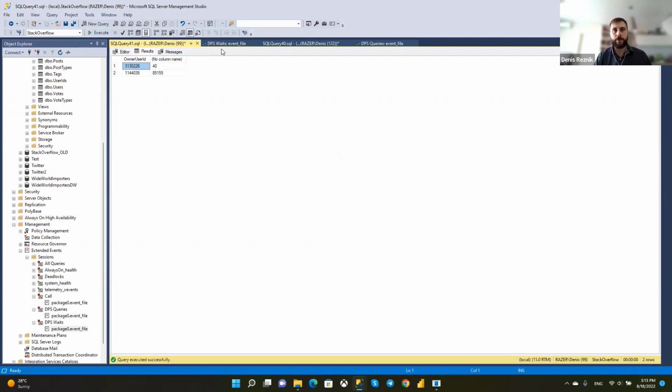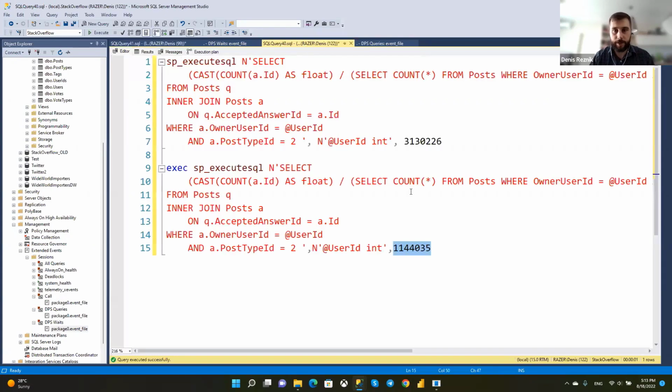It will be efficient for taking a small amount of data. But the second user has 85,000 rows in the table, and the query plan compiled for the first one will not be efficient for this one because we have this data difference, data skew. What we can do in this case, if we find that the query is really inefficient, the easiest and fastest way will be adding OPTION (RECOMPILE).